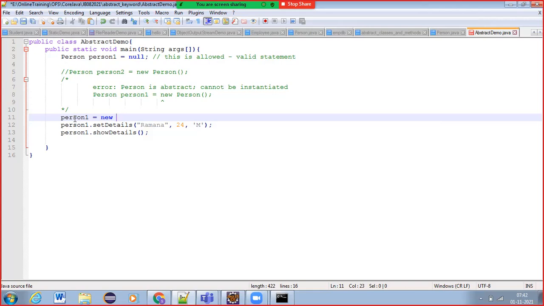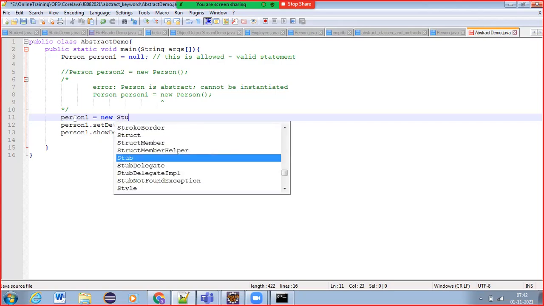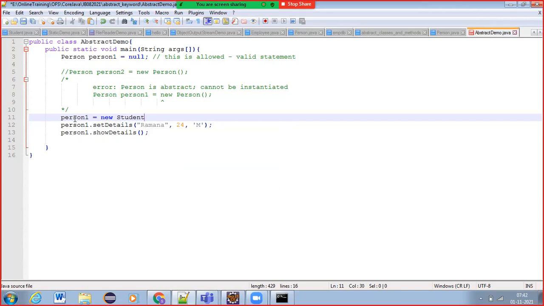What are the subclasses for this person? That is student, right? Or employee, right? Like this, you can do. So now, what is student? Do we have a student class now? No, we have to create it. But that student class should be a subclass of person.